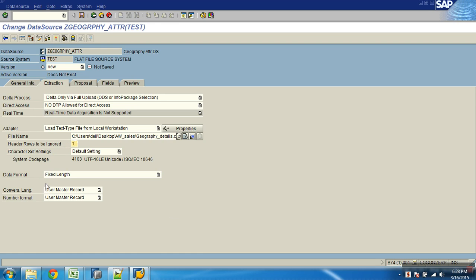Okay, fine. Then what type of file is it? Fixed length file or CSV file? I'll tell you what is fixed length later. Fixed length, they don't have any separator. They just say first 10 characters is geographic key. Next 10 characters is state province name. Next 5 is country name. So they fix the length. That is called fixed length file. You will not have any separator; based on the length I must split that data. Okay, but here it's not that.